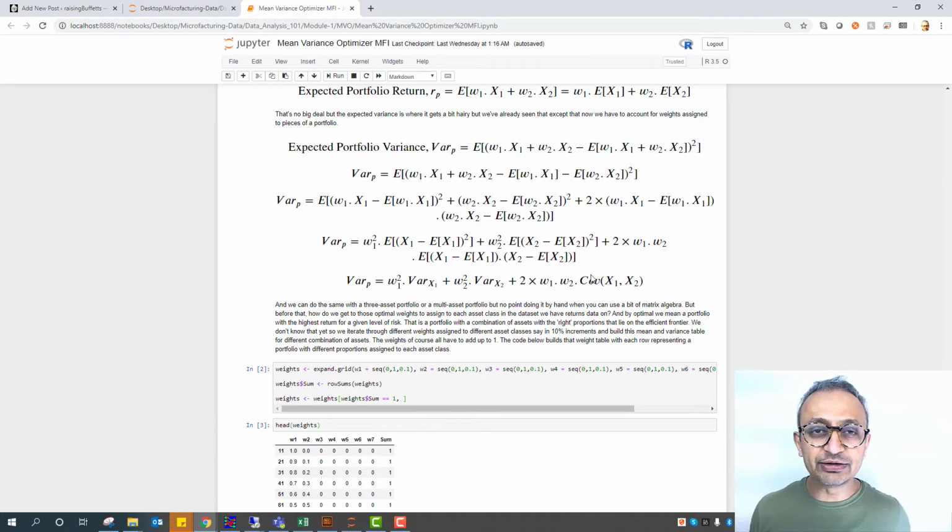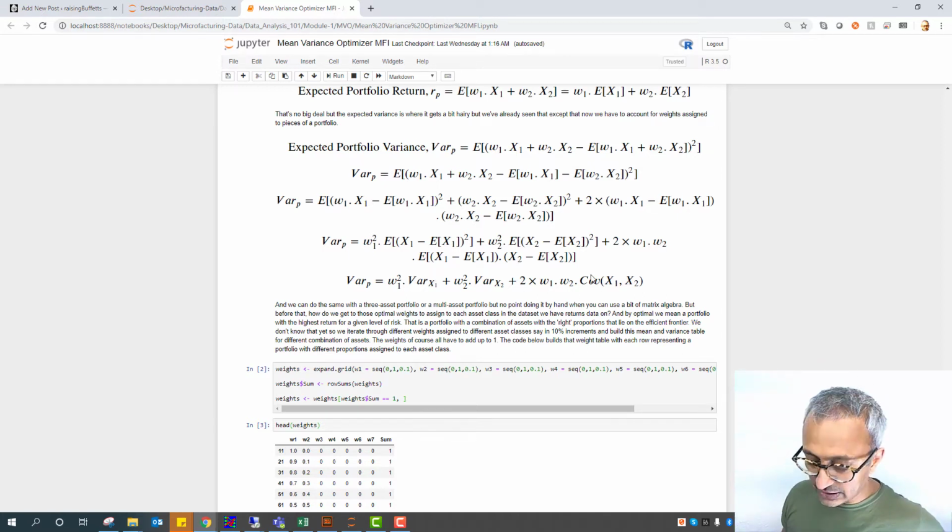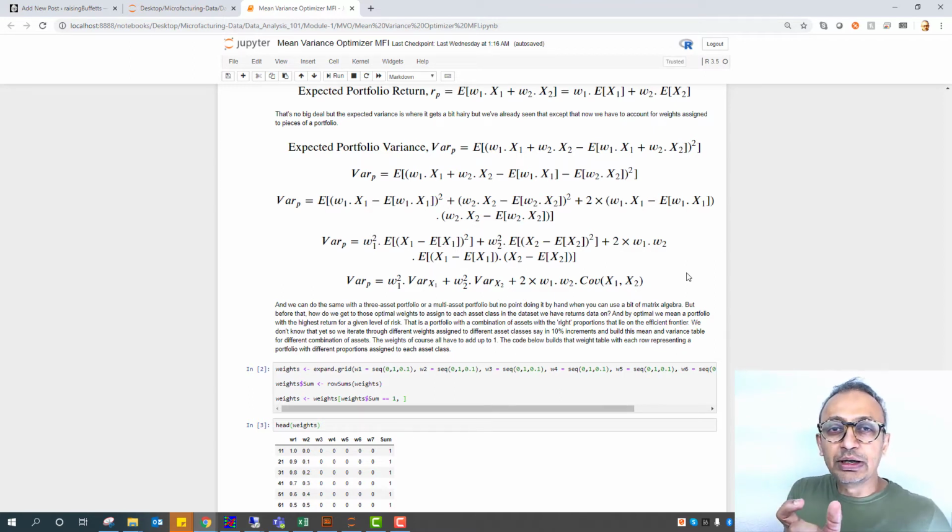You have the covariance term, which we know is going to be there when you combine two variances. In order to minimize standard deviation, or volatility, you want this component to be as negative as possible. Looking at it from the perspective of asset classes, that means you want one